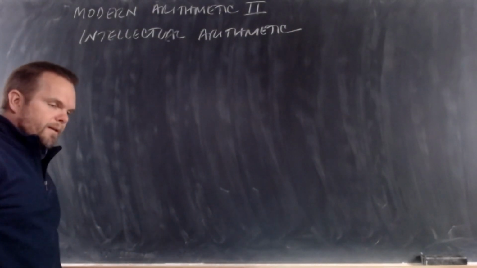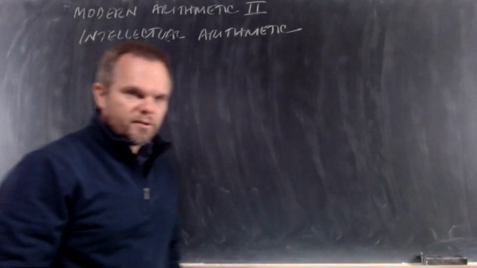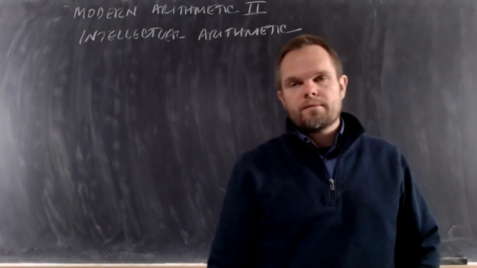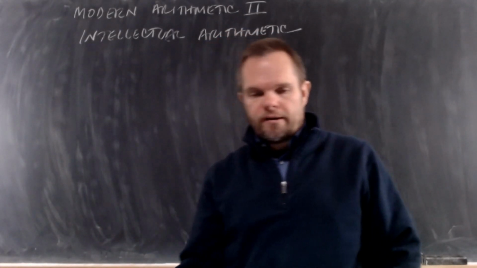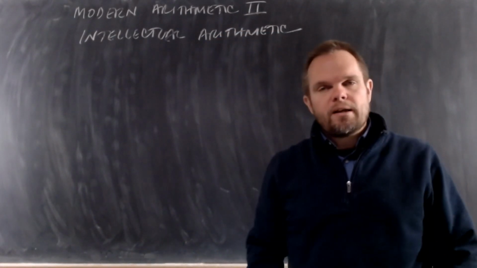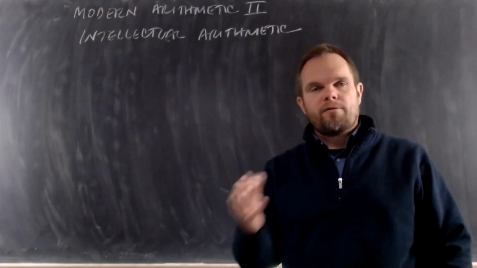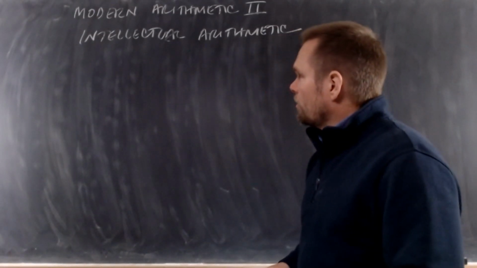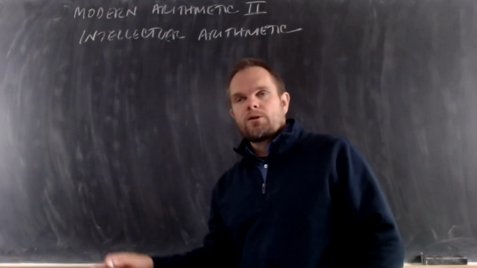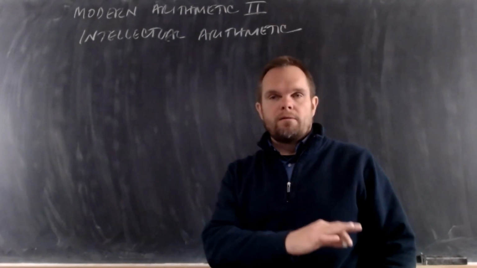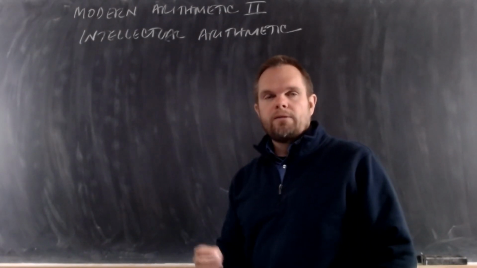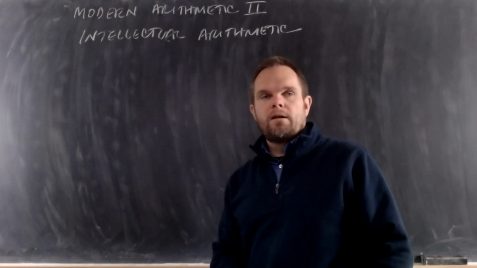So there's something different about this course from Arithmetic 1. And we have to make sure that the way that we study this course is different from Arithmetic 1. And I've talked about that. What's different about Intellectual Arithmetic and Modern Arithmetic 1? What's different? How did we study arithmetic in